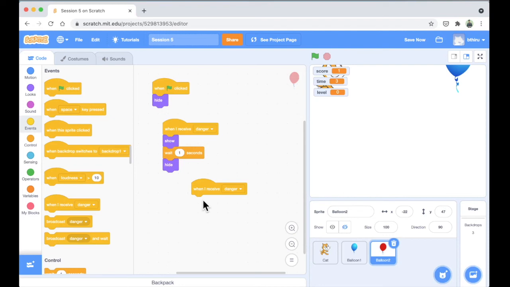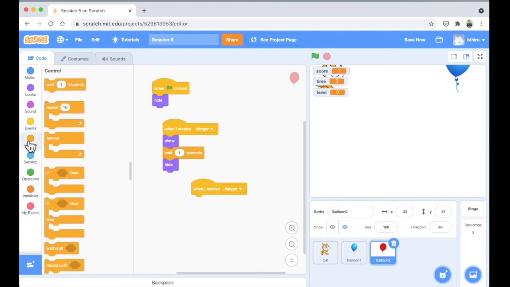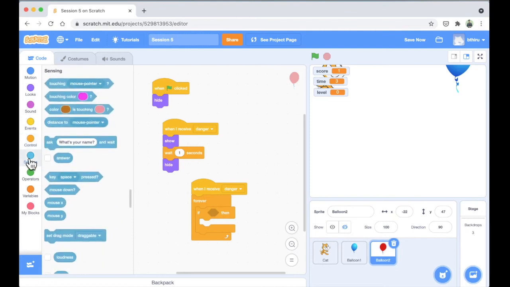For this purpose, I am going to the control block, take the forever block and put it inside. And the next step, I am going to create an if condition. So drag the if condition, put it inside like this. Here we have to fill the condition: if the touch of cat is present or not. For this, I am going to go to the sensing block and take the touching mouse pointer block and put